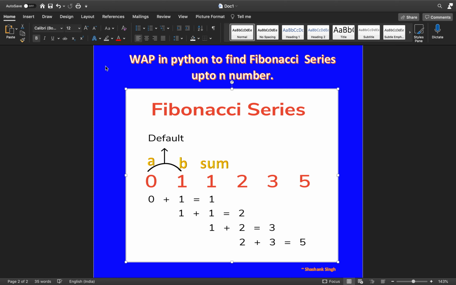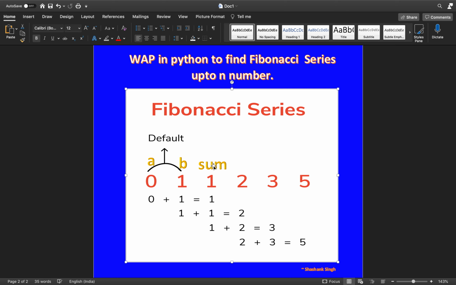In mathematics, the Fibonacci series can be obtained such that each number will be the sum of its two preceding ones, right? So let's assume that initially the first number is 0, the second number is 1, so the next number will be obtained by adding these two preceding numbers. So 1 is obtained by adding the two preceding ones, 0 plus 1 is equal to 1. Now 2 is obtained by adding the two preceding ones, 1 plus 1 is equal to 2, 2 plus 1 is equal to 3, 3 plus 2 is equal to 5, 5 plus 3 is equal to 8, and now 8 plus 5 is equal to 13. That's how we'll keep on adding the last two preceding numbers and we'll get the series, right?